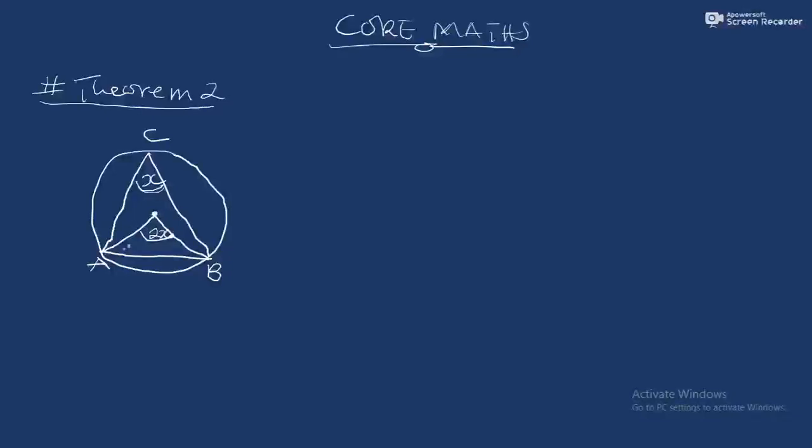It says that if a chord forms an angle at the center and the same chord forms an angle at the circumference, then the angle formed at the center is twice the angle formed at the circumference. So let's state the theorem. So it states that